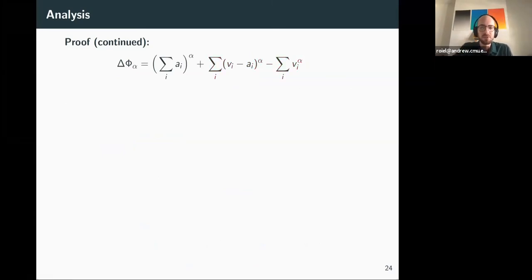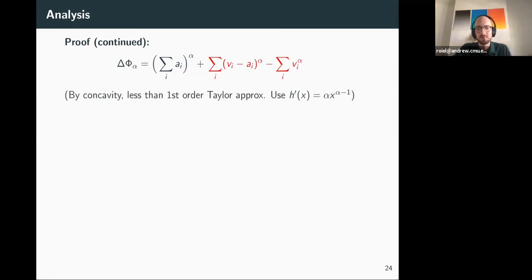Okay, so you'll notice the second term here, we can bound just with the first order Taylor approximation. This is kind of like we're moving from v_i to v_i minus a_i. So we're moving in each coordinate by a_i, and we want to know what is the change in the y-axis when we do this move. Well, concavity means we can bound this decrease in the height by the first order approximation. So we draw the first order approximation at v_i, and this is an upper bound on how much we'll move